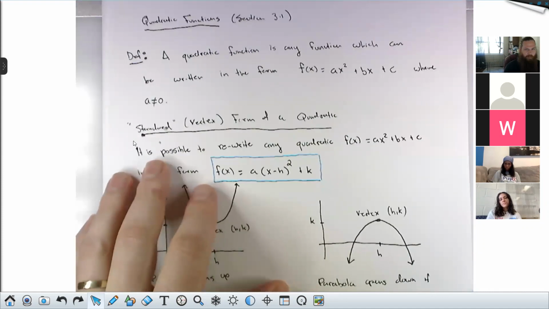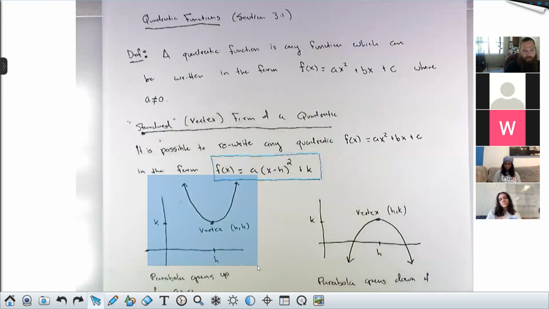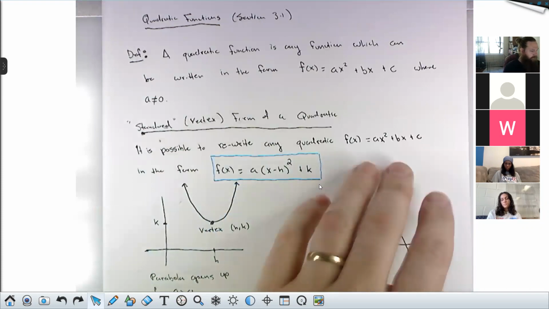Maybe one last comment before I move away from this picture. If your parabola opens up, then there's only one local min, right here. It happens to also be an absolute or global min. We haven't discussed that terminology, but there is a min here. If your parabola opens up, then the vertex is a min. And if the parabola opens down, then that vertex is a max. So to find the max or min for any parabola, you just have to find the vertex. So again, it's sufficient to get it into this form, because then you can read off the vertex from this form. Let's take a specific quadratic and do all that stuff.